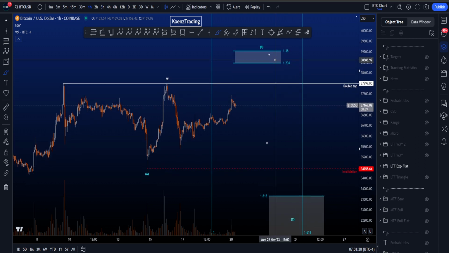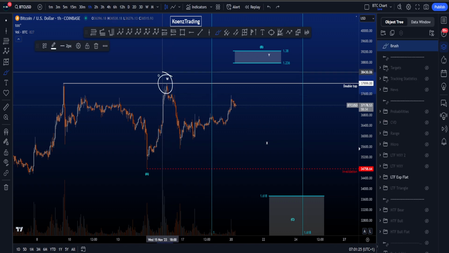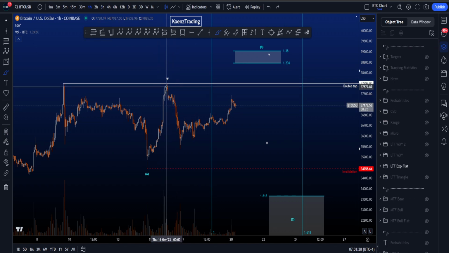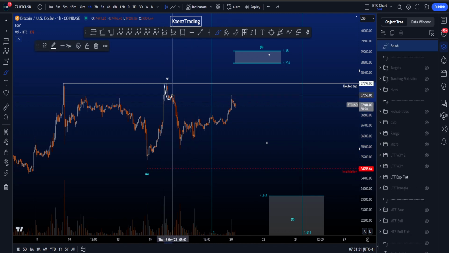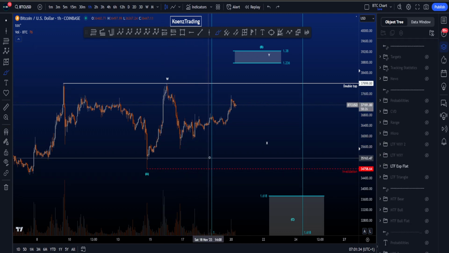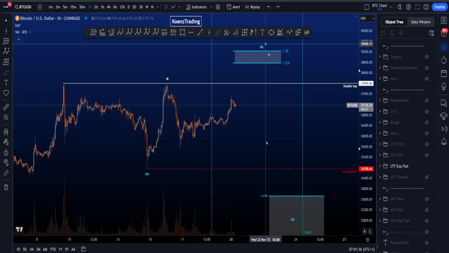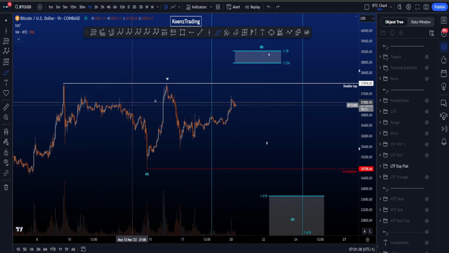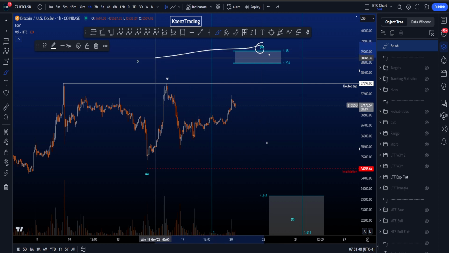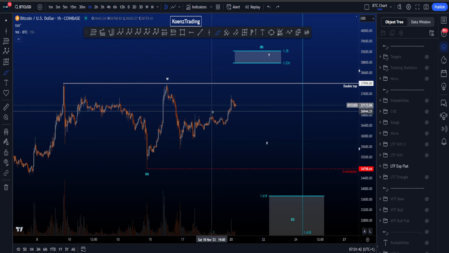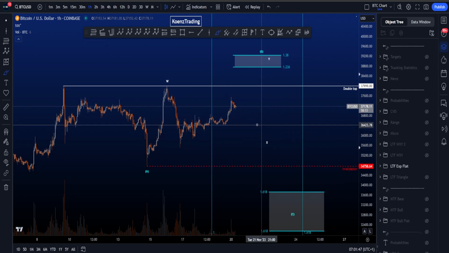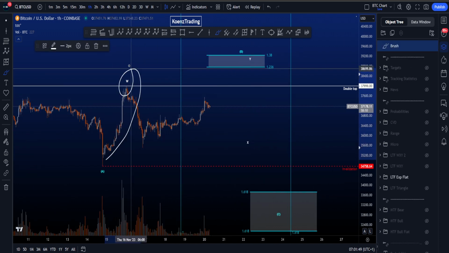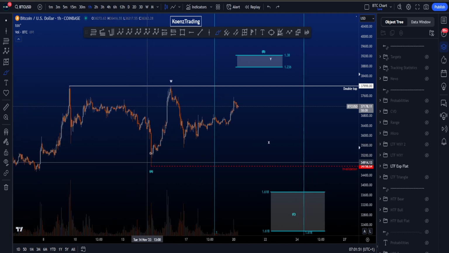Now when we look at this scenario, wave B has to be a 3-wave structure, and this over here cannot be the high of wave B anymore because we wanted to see a 5-wave structure to the downside, which we didn't get. Very much a 3-wave structure to the downside over here, and therefore for this wave B, especially in an expanding flat where the wave B high is above the wave A high, we are then looking for a bigger 3-wave structure. In this scenario, we're then looking for wave W over here and then a double zigzag A,